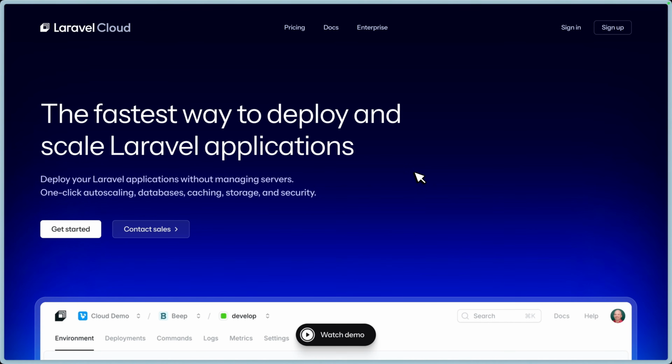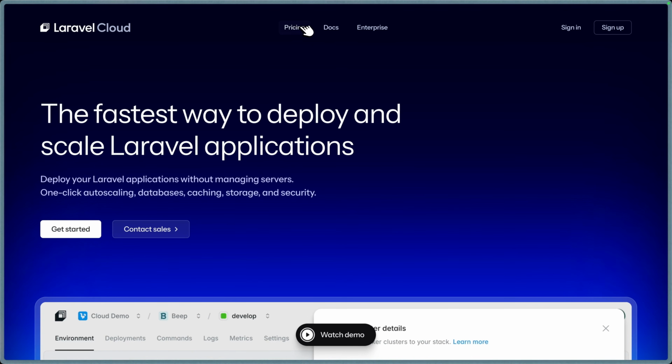But with all that power in Laravel Cloud, it can be easy to see your bill go a little bit higher. Maybe you over-provisioned something, maybe you added a cache and database and you didn't set Hibernation on. Well, these are 5 tips to help you save money on Laravel Cloud and reduce your bill. Let's get started. Here I am on the Laravel Cloud homepage, and if you go to pricing right here, you